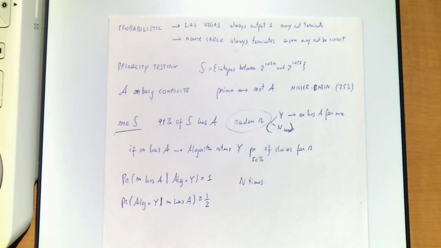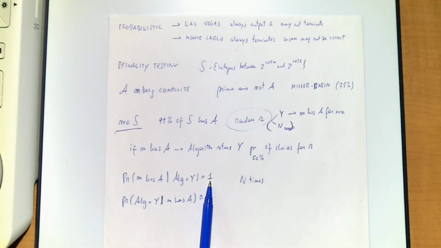And so basically what happens is, we've already seen this, right? If a single trial returns yes, then we know that M has property A, because this probability is 1. But we may be extremely unlucky, and actually in our case this is what we want: that there is not even a single occurrence of yes. All the tests return negative. So the first test returns negative, maybe it doesn't have A. Then the second test does it, and then you do it n times, and in the end all the tests are negative, then you can be quite confident that M doesn't have A.